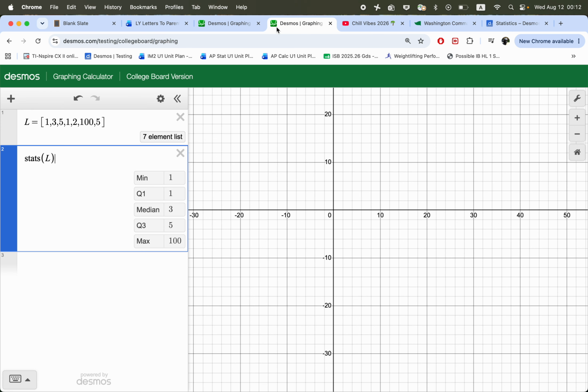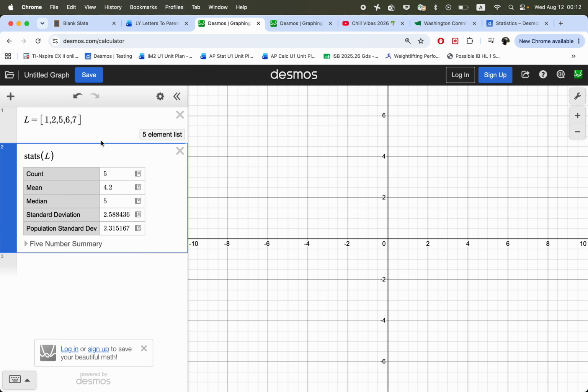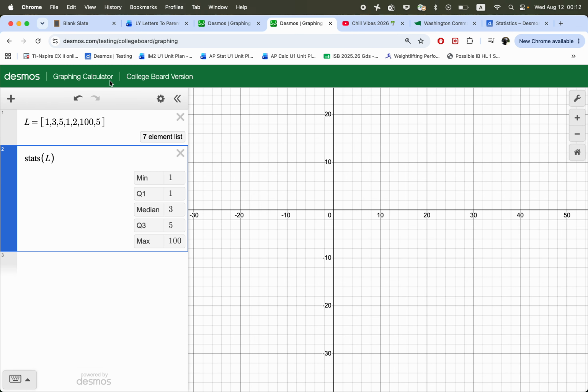If you notice, we do the same thing. We have a data set L. We run stats, and it just gives us the 5-number summary, no box plot, and also no mean, no median, no standard deviation. Okay, so I'll go over how you can do that if you're using the College Board version of Desmos,